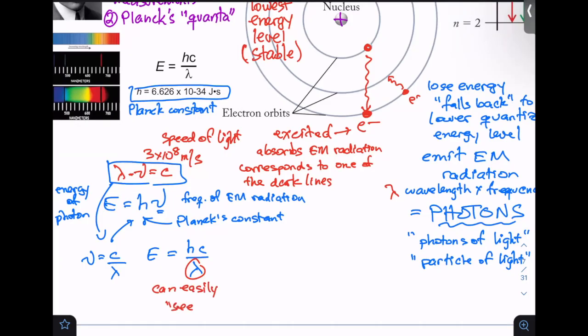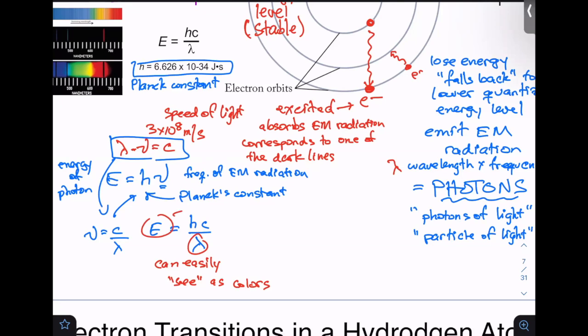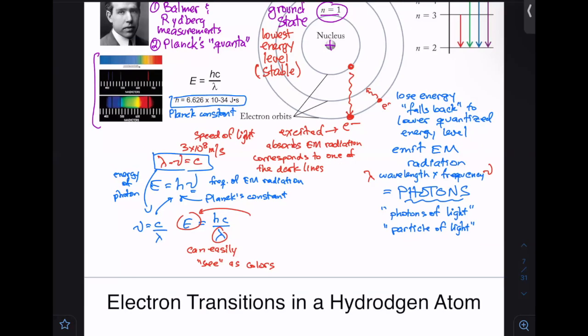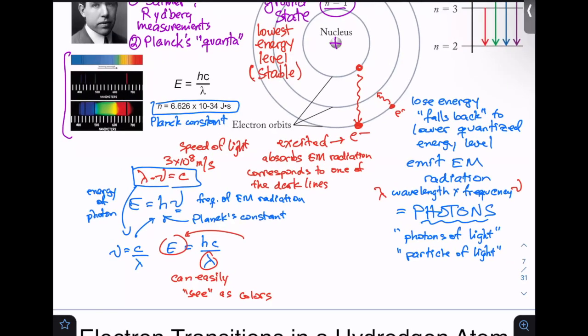We can easily see wavelengths as colors, and that's going to allow us to identify what the energy is. And this energy is going to be the difference in energy levels between the quantized energy levels of the atom that we're studying. This is going to be the difference, or the delta,